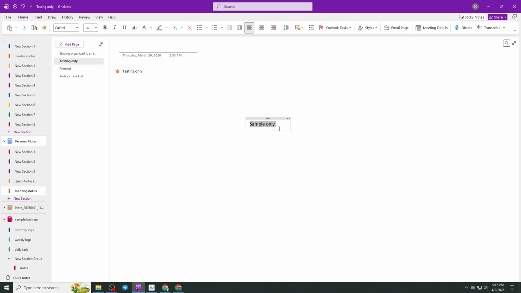With your text selected, press Ctrl and the hyphen key on your main keyboard row together. Hold Ctrl first, then tap the hyphen key once. A line will appear through the middle of the text, indicating that strikethrough has been applied. Pressing the same shortcut again will toggle it off, so you can easily mark items complete and then restore them